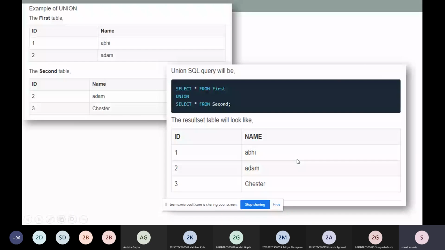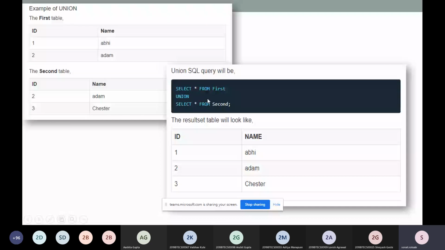So you can operate with the help of select whatever the statement, then you need to just write down union and the second statement. Okay, so here are the two tables, first table and second table with ID and name. There can be two different IDs or two or more same attributes available. So simply we know that we are having only one row for duplicate names and the other names will get displayed. So the syntax for union will be select statement, union word, then again a second select statement.